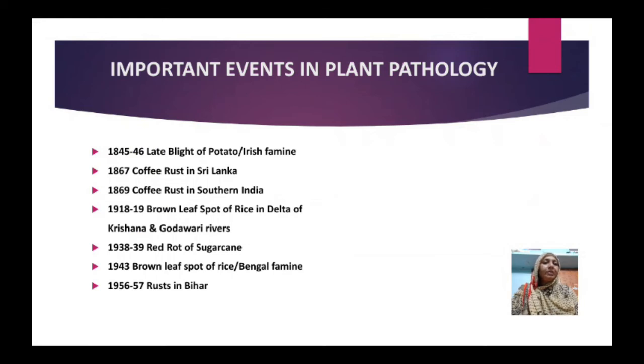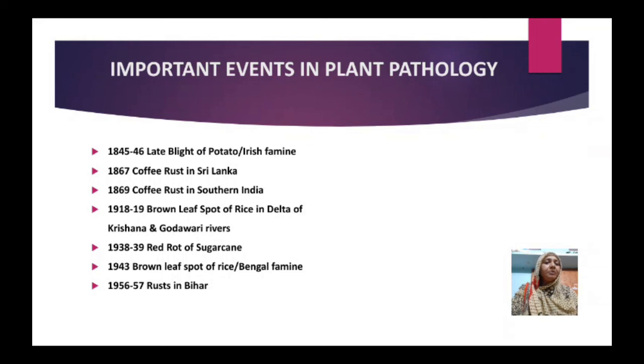These are some important events in plant pathology. Because of these events, various major changes occurred in the world. In 1845-46, late blight of potato occurred. It is also known as the Irish famine, and because of it people migrated from Ireland to other regions of the world. In 1867-69, coffee rust occurred in Sri Lanka and in India, which resulted in heavy losses in coffee yield, while in